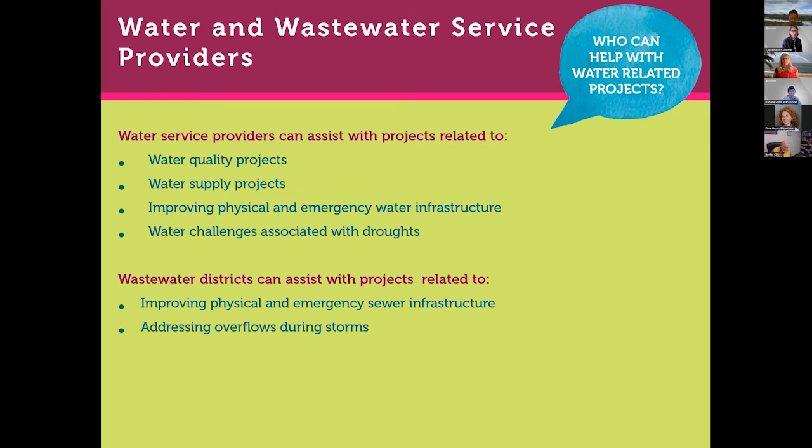During droughts, the opportunity is there for interties when wells and groundwater levels run low, and there might be cases where wells actually run dry. Working together with a larger water provider that has other sources of water can be very helpful. And the same with the wastewater districts. Of course, their sewer infrastructure, they can be a resource as well, and somebody you would turn to if there were overflows or problems in your community from wastewater.